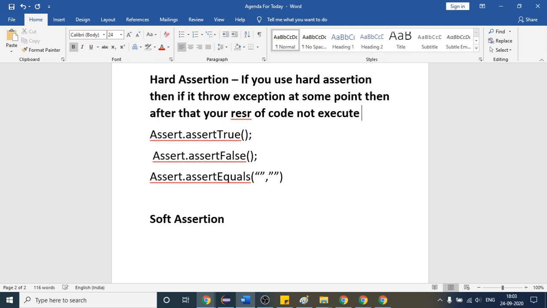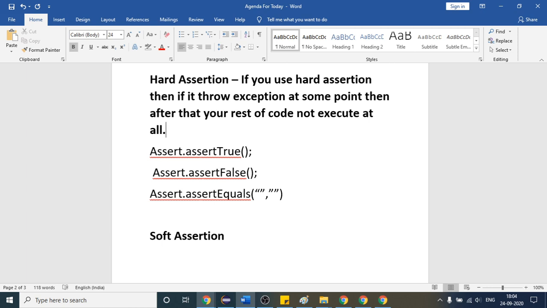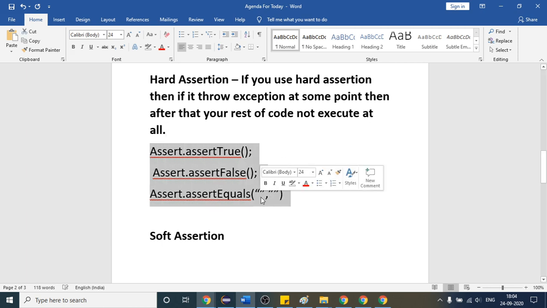But suppose that code is very important to you and you also want that, okay, our test will fail but the rest of the code should also execute, so that we can know how the rest of the code is behaving, right? So this is one disadvantage of hard assertion, code not executing at all. These are all the three methods for the hard assertion, right?